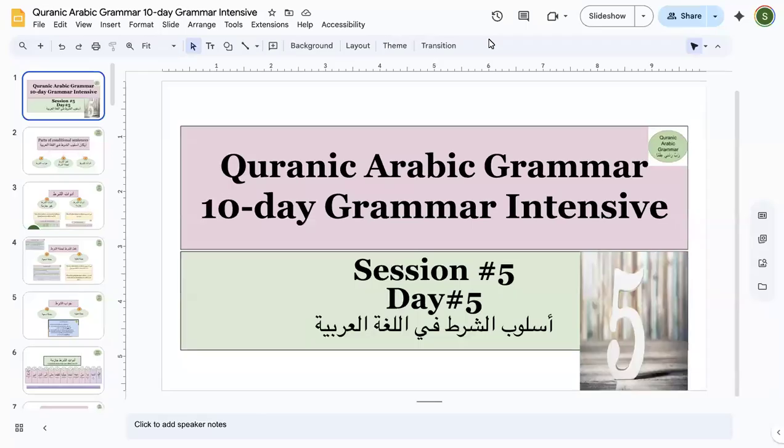So what is condition or aslubu shart? And everyone has some idea what shart is all about. What do you think? Everyone knows about shart a bit? Type 1 if you have ever heard about it before, because today we are going to go into detail of that, so you should have some idea, right? You should have some idea.